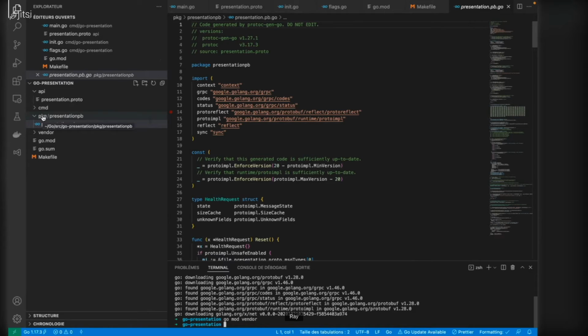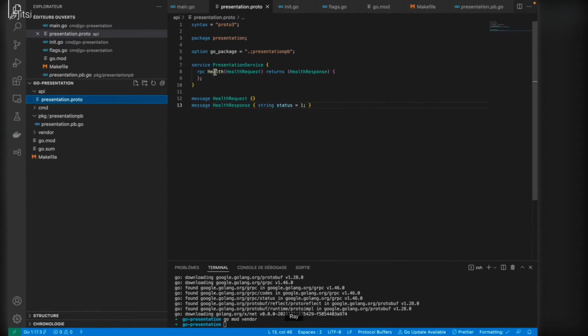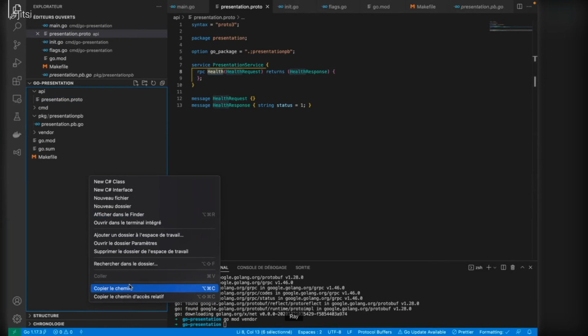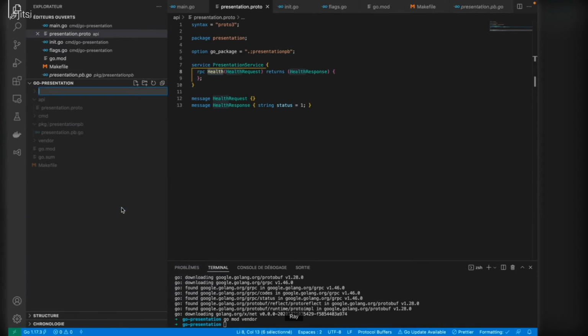Now that we have this, we just need to make the implementation of the health function defined here. So in order to do so, I will create another folder. We'll call it internal.